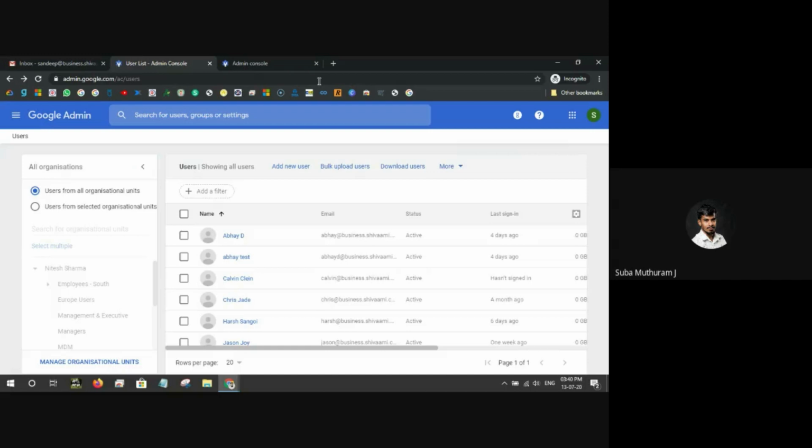Fine. Yes, Sandeep. I have one doubt from the user management point of view. While deleting the user, we can take the backup. So what all other things will get backed up? See, as I